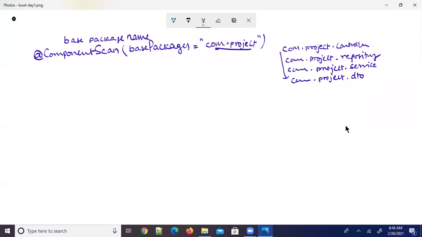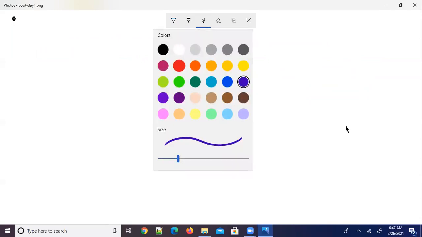So where we write this annotation is at the configuration class level. Let us see. A Java configuration class we can write using the annotation called @Configuration.